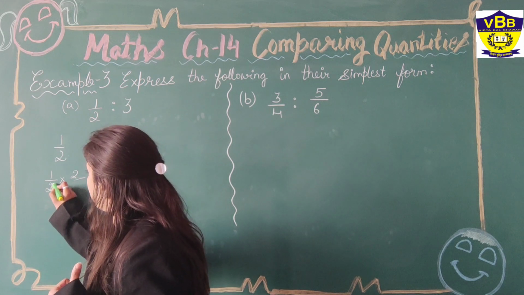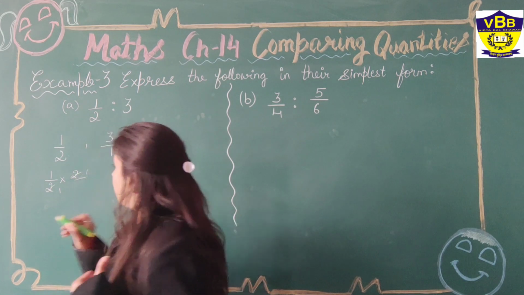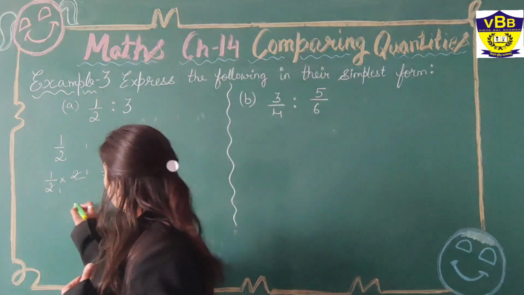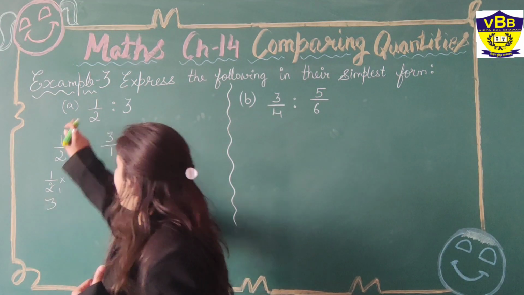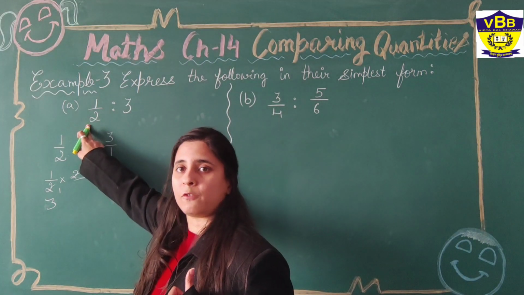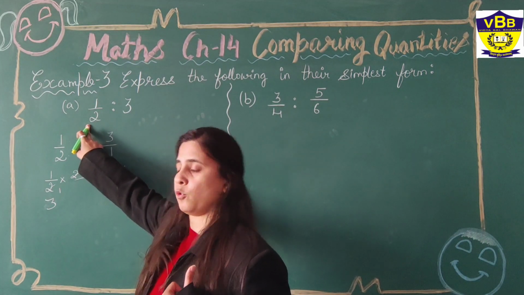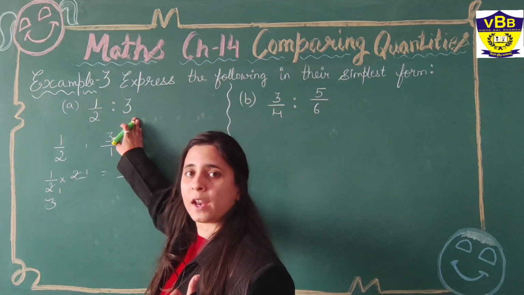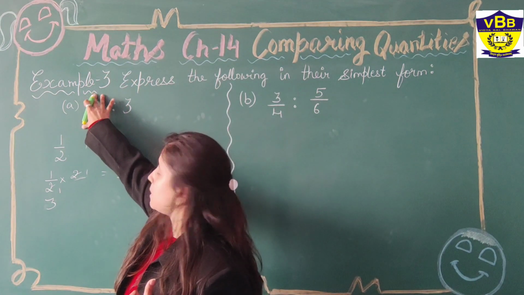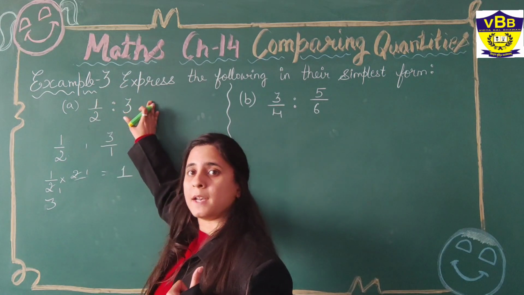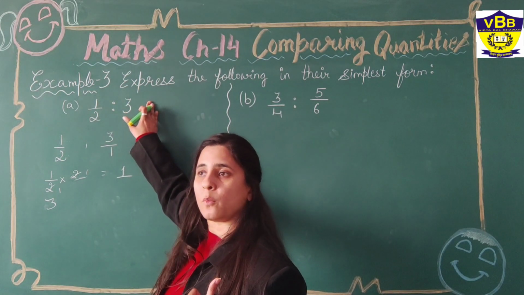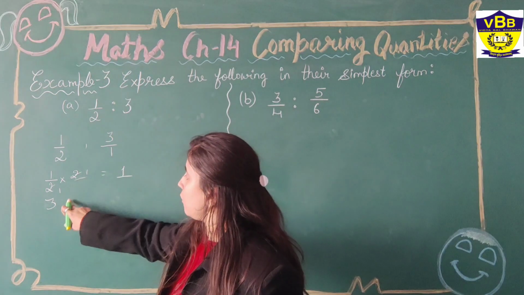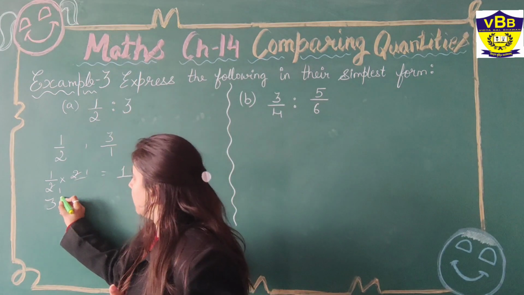It will become 2 ones are 2. It will become 1 into 1. Now, multiply the next number 3. As you know, when we are comparing, if you have multiplied the first digit by 2, you need to multiply the other one also by 2. Otherwise, it will not be fair. That means this number is being doubled, whereas the other number is not being doubled. So, it will be in the form of a wrong ratio. Alright. So, we need to multiply 3 also with 2.